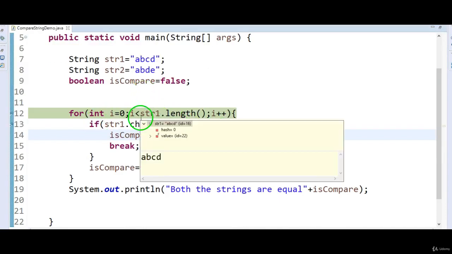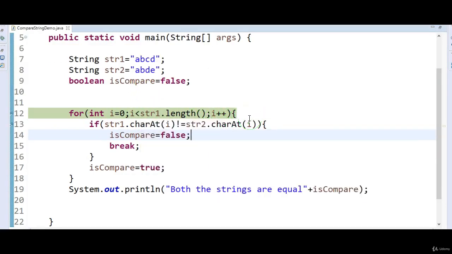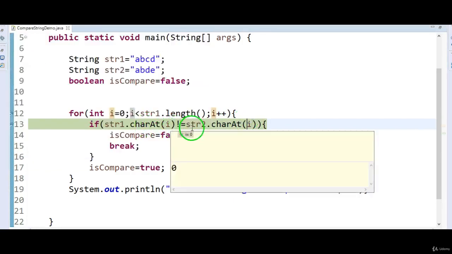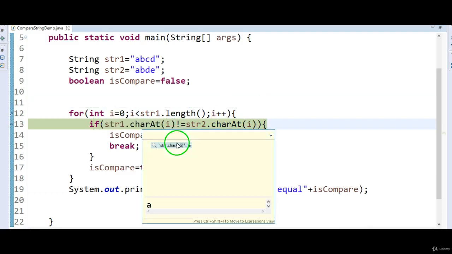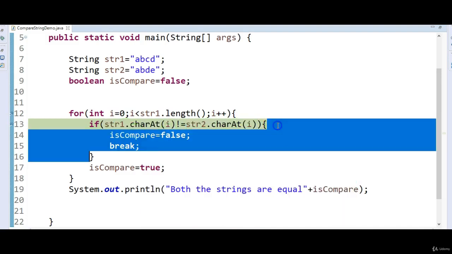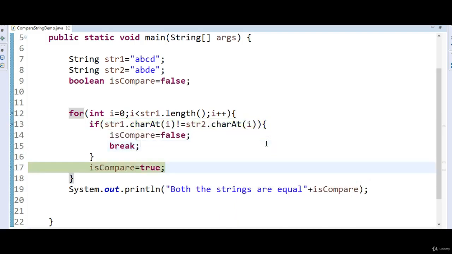So for int i equal to 0, i less than str1.length, i plus plus. If str1.charAt(i) not equal to str2.charAt(i). So what is the str1.charAt(i)? A. So A is not equal to A. str2.charAt(i) is what? A. So what happens? This condition is not satisfying. isCompare will be true. If you see, isCompare will be true. First two characters are same.